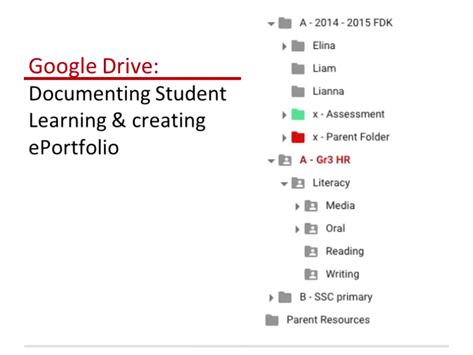When I color-coded my assessment folder green, it indicated to me go to this folder for assessment. And the red tells me stop. This is the parent folder. Be careful what you put in there because that folder is shared with parents. Within that folder, I have individual student folders that are shared with individual parents' emails so that they can see what some of their kids have done in the class.